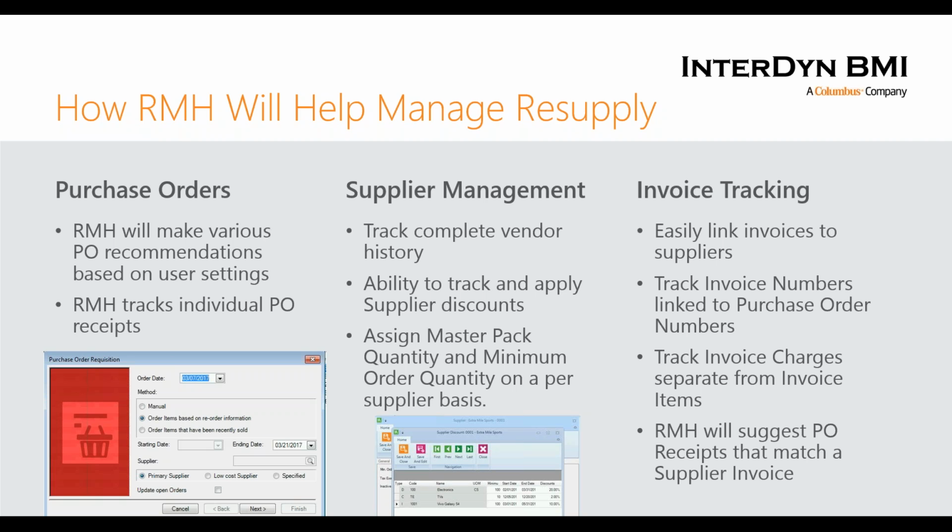Another aspect that RMH takes advantage of is supplier management. You can track your complete vendor history. And that lets you look at things like, is this vendor always getting things wrong with their invoices when they send it to me? What is their shipping history? What are they charging me? Are they giving me a price list and then invoicing me at a different amount and things like that? All of that can be tracked inside of the RMS system,